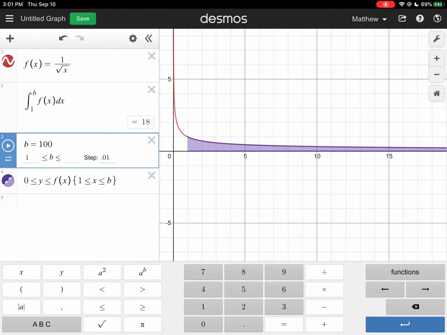Now let's just go out to 1,000, and look at the area. It became 61. Let's go out to 10,000. The area became 198. Go out to 100,000, the area became 630. It appears like the area is just growing and growing and growing. It doesn't seem to be stabilizing. So this is suggestive that the area under this region, if we go forever to the right, is going to